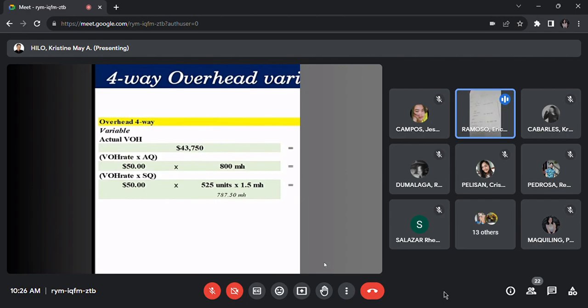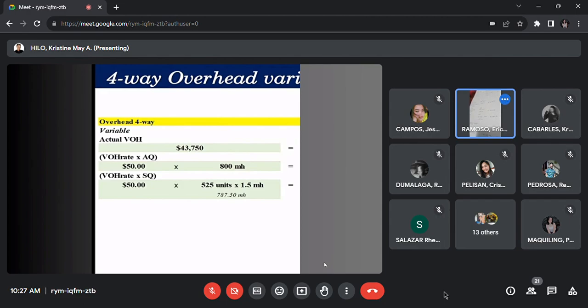43,750. Our variable overhead rate times actual quantity is $50 times 800 machine hours. And variable overhead rate times standard quantity is $50 times 800 machine hours as well, so they are the same. We copy it since it isn't there. And $50 times 800 machine hours equals 40,000. And then we compute 525 units times 1.5 machine hours is equal to